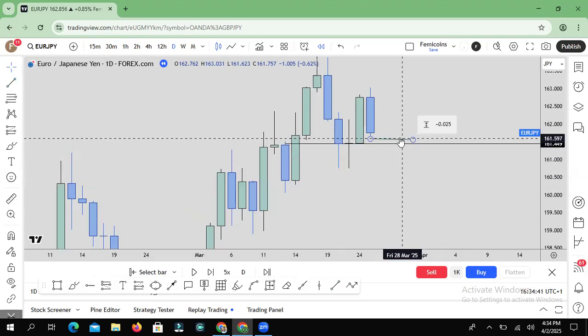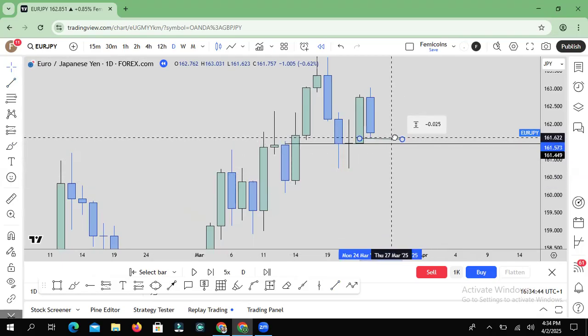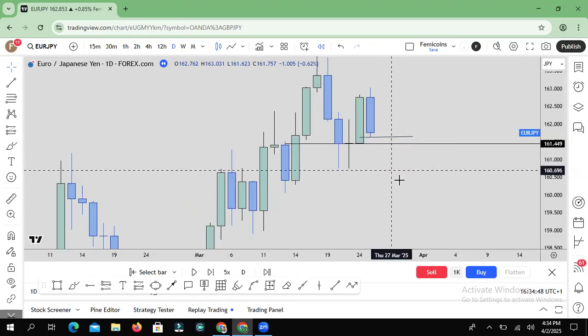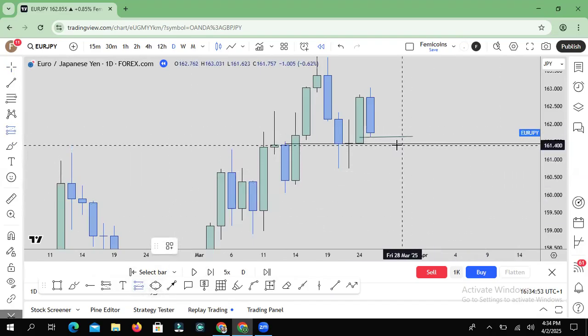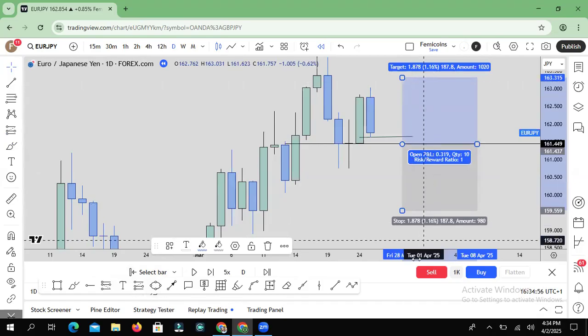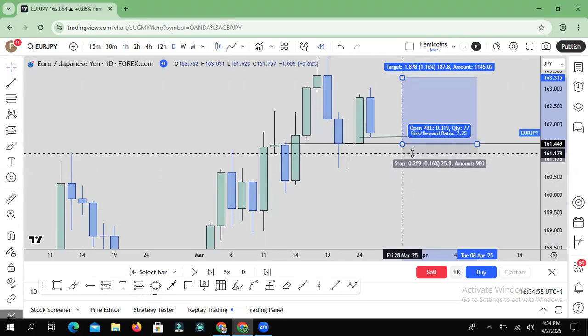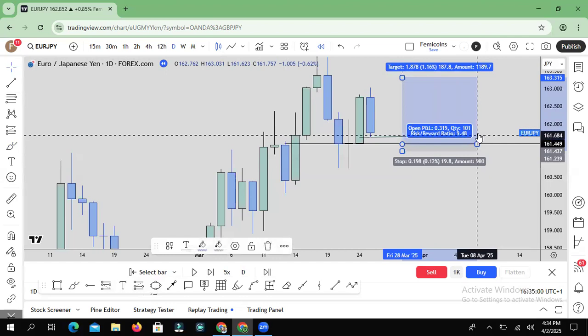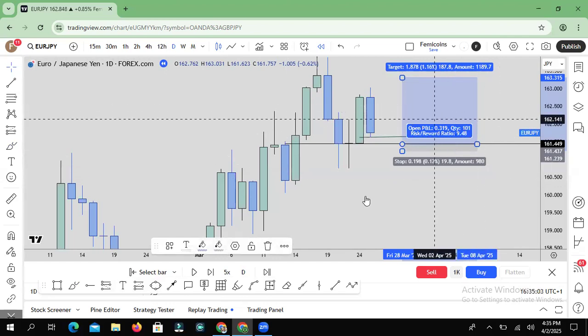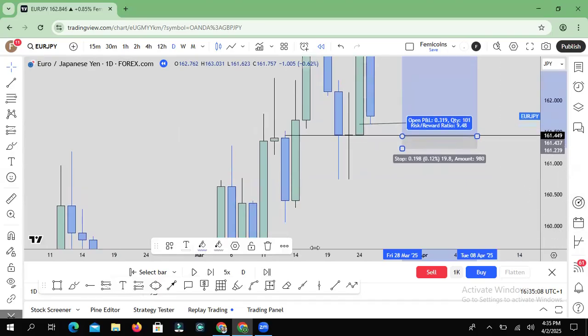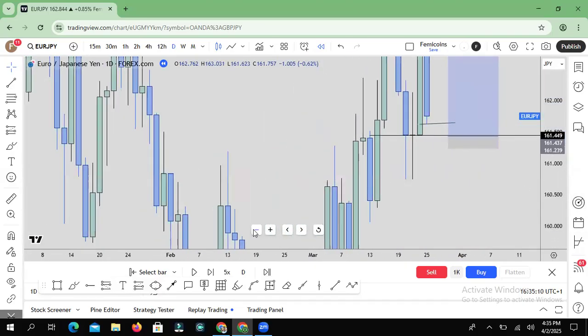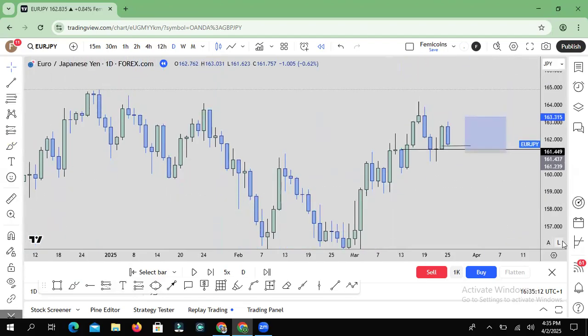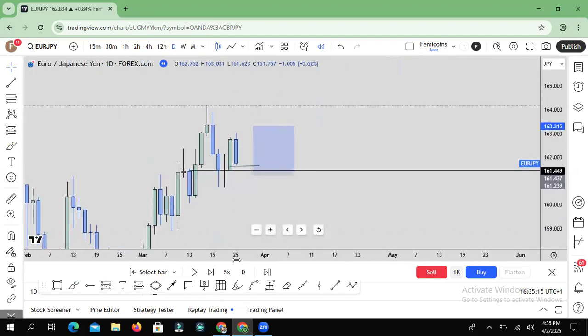I hope it's very, very simple, very, very easy. Once you go over this video over and over again, it gets so simple. And then what do I want to do? We have different types of entries: risk entry, confirmation entry, continuation entry, and all of those. But on this particular webinar, I'll be using risk entry, the aggressive entry.